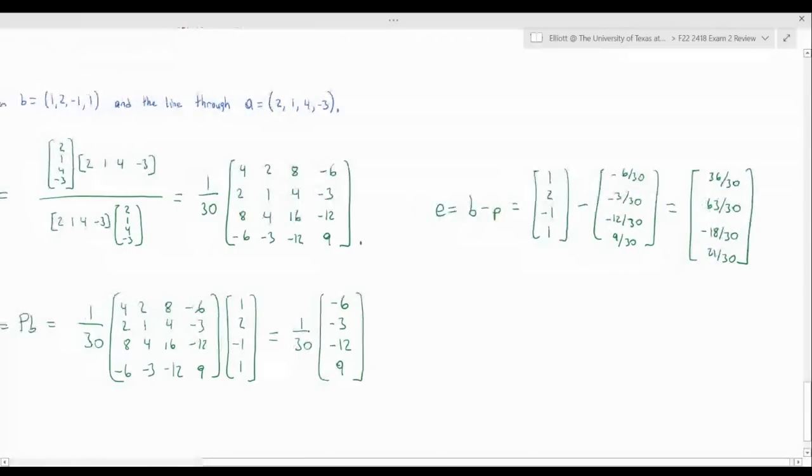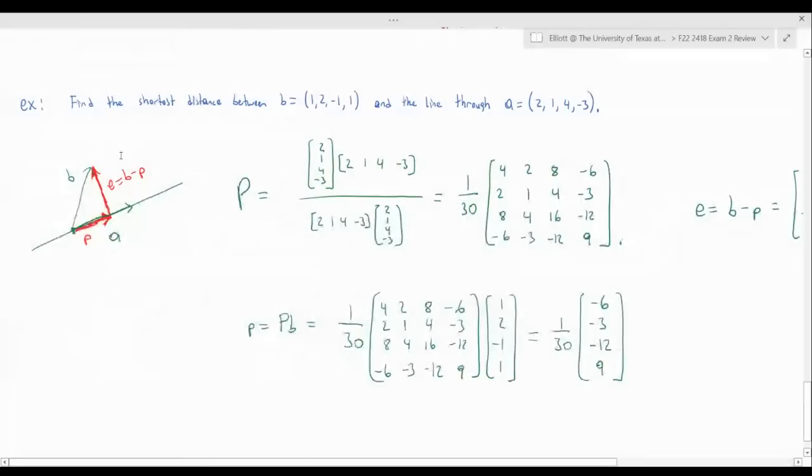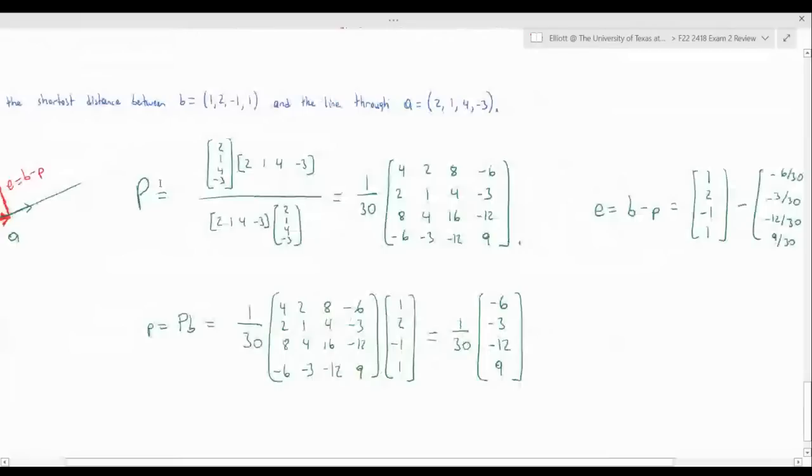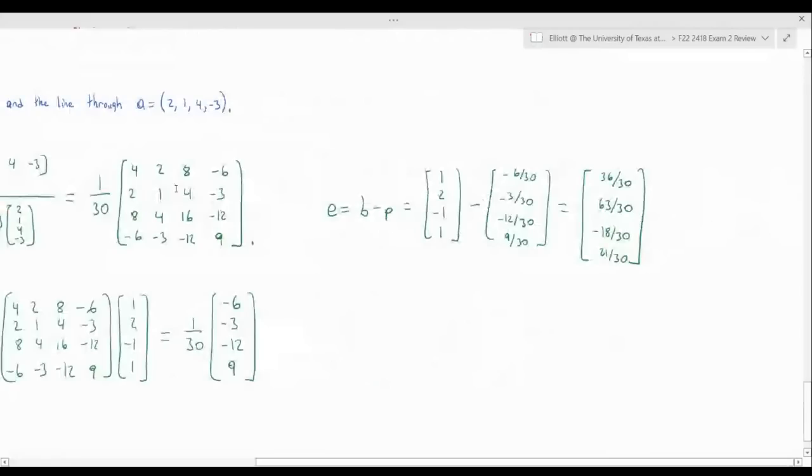And so the idea here is that in the picture, you can kind of see the length of your error vector is going to represent the shortest distance between B and the line. So the last thing we will do is just calculate the length of E, okay? So maybe let me pull out the 30 real quick. So my numbers are kind of big. I guess I didn't bother checking that when I created this example, but